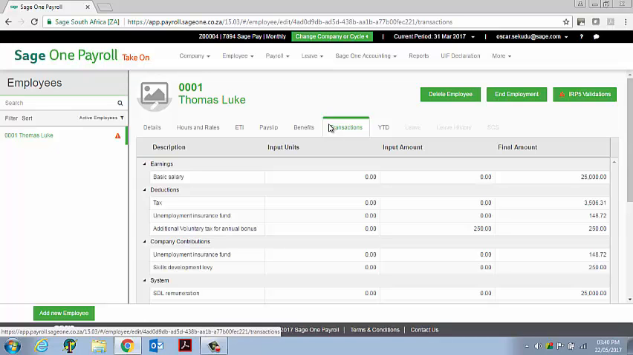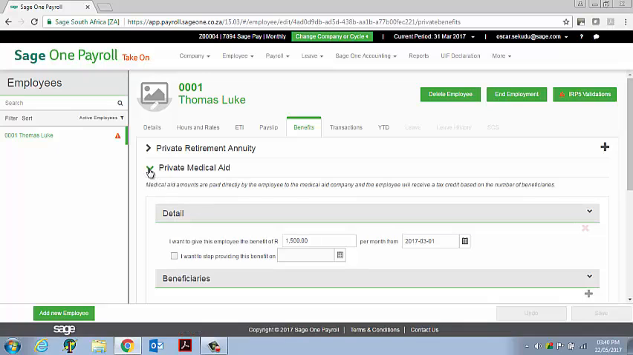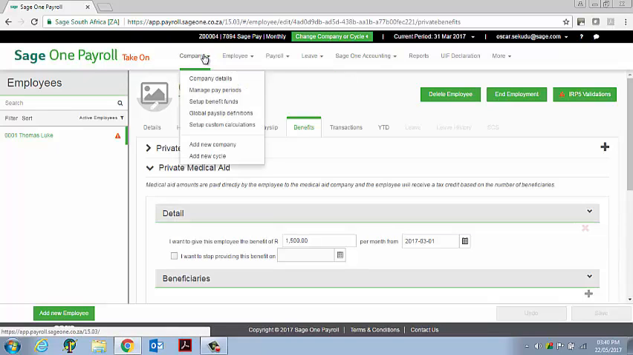That will be in the sense where there's a private benefit. I do want to mention that it can have a private medical aid, and you can also have a private retirement annuity. Just note that you cannot make use of a private medical aid and a company medical aid at the same time. So meaning that I will show you now how to add